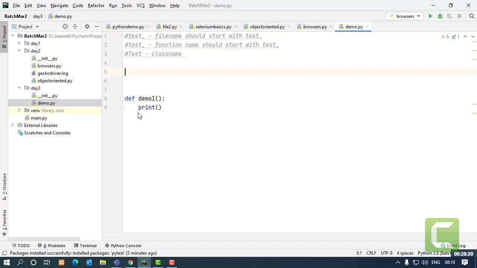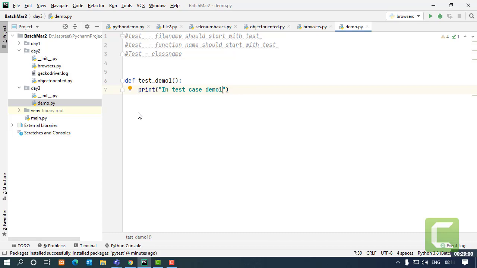If any of the rules is not followed, for example the file name is not starting with test, but inside that file there is a test case itself. If I give it a name, let's say test case demo 1, inside this I'll be doing a print statement.